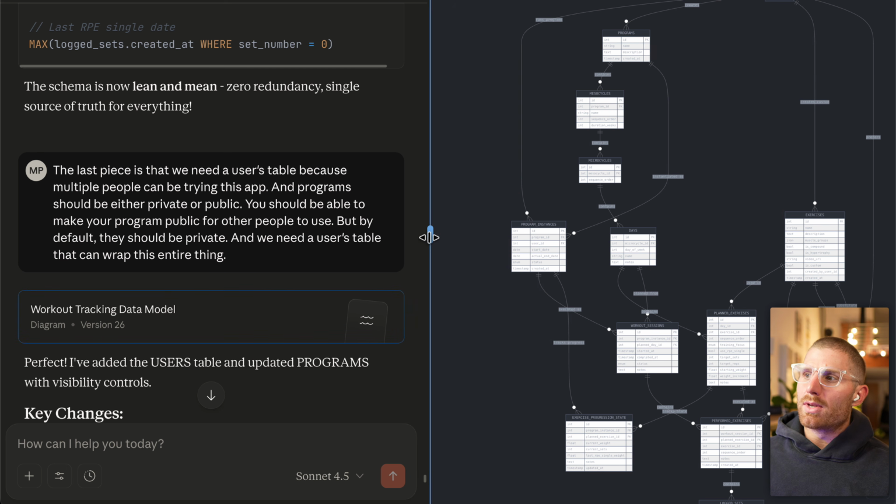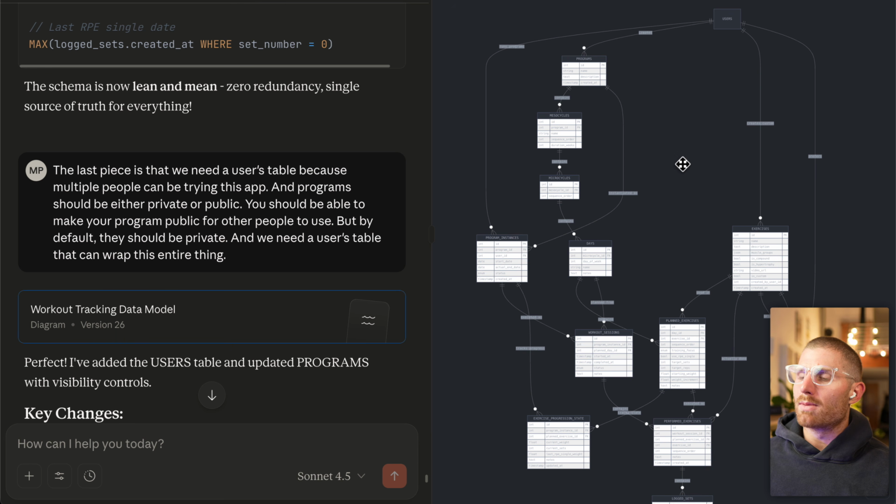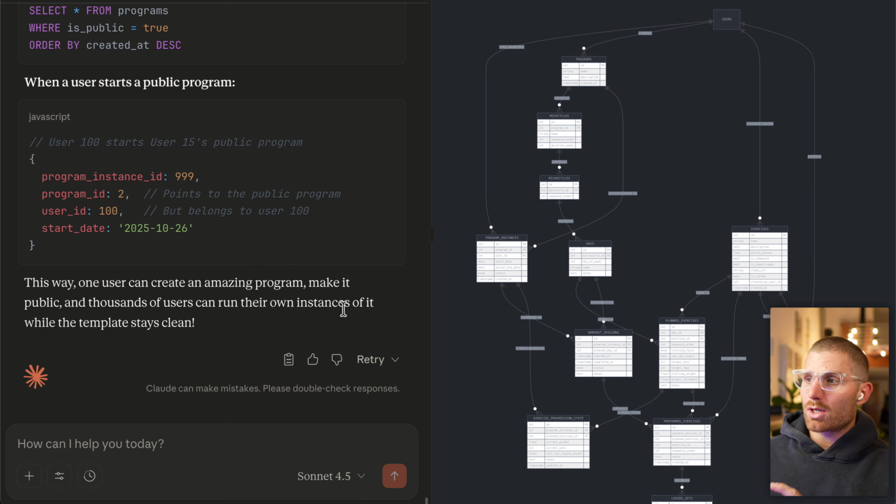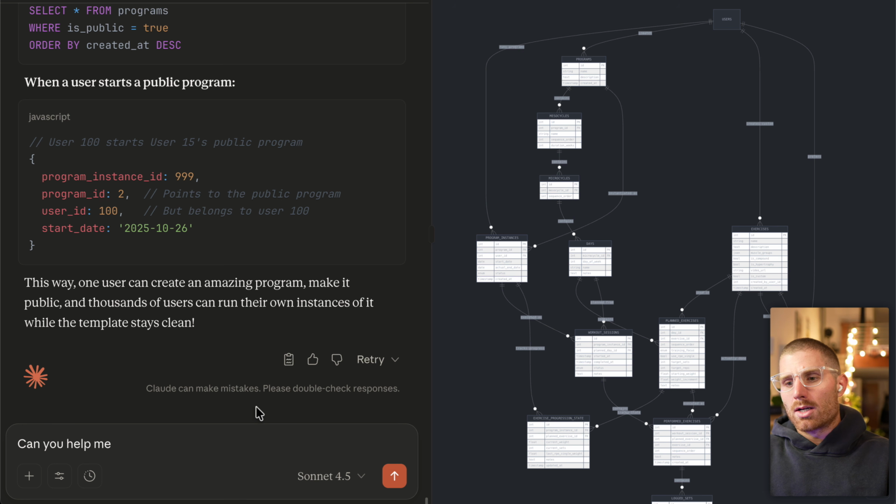And the nice thing is that I think we're in a good place here. Like I think we're in a good V1 of the data model, but we don't have the logic and the actual prompt for our application. So what I'm going to do is I'm actually going to reverse engineer that from the data model. And we're going to say, can you help me turn this data model into a simple, concise, the keywords when we're working with an LLM, concise prompt for an LLM to implement